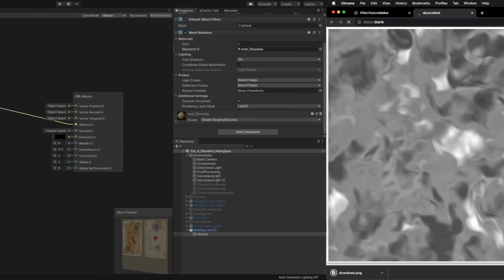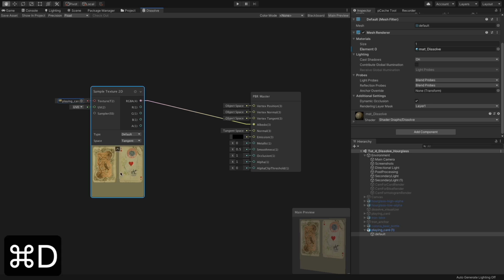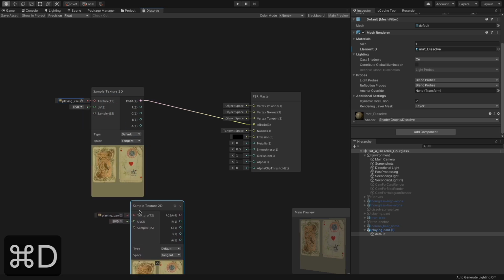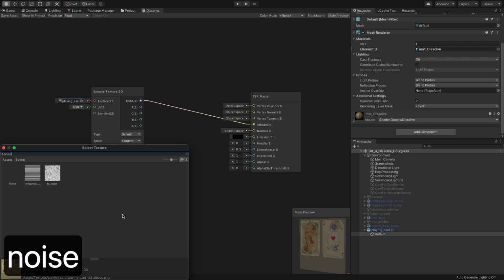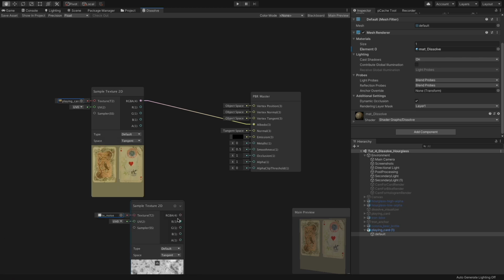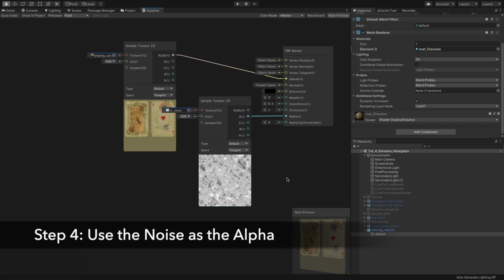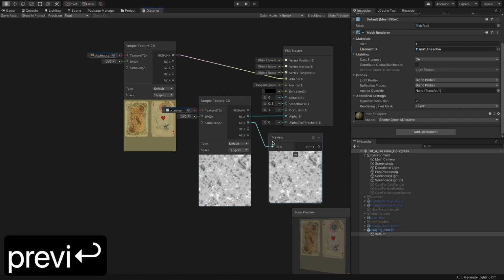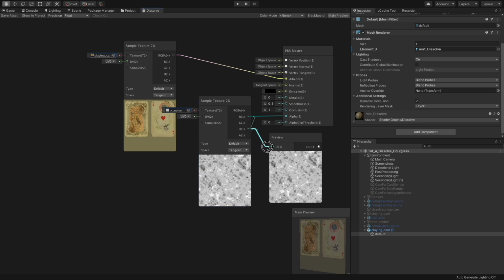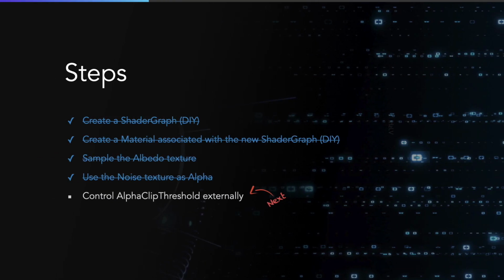Go back to your shader graph and use the Sample Texture 2D node to sample this texture. Since it will be used as the alpha map, you can pick any channel among red, green or blue to set as the master node's alpha. It's a black and white texture, so the values of the red, green and blue are equal for every pixel. We're really close to the goal.